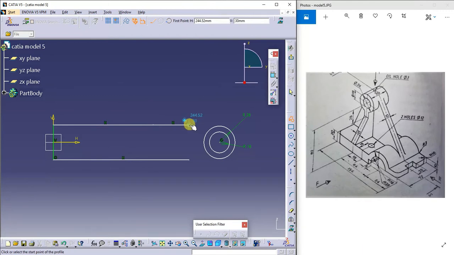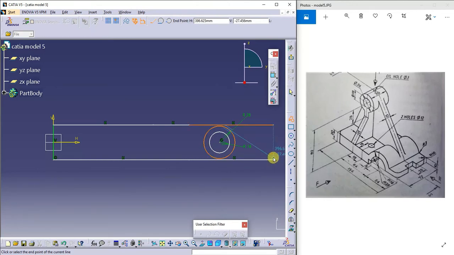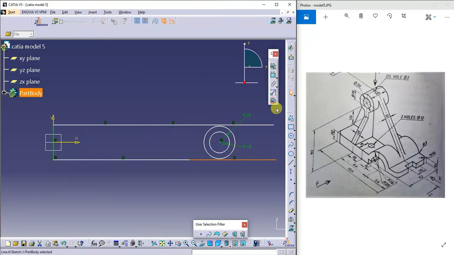I'll extend these lines somewhat like this. Next I'll go for the dimensioning.